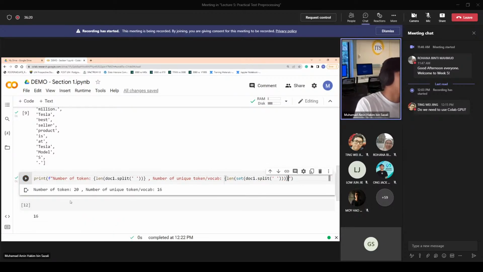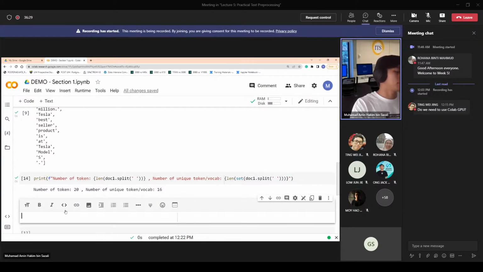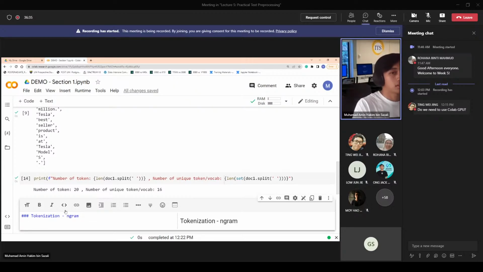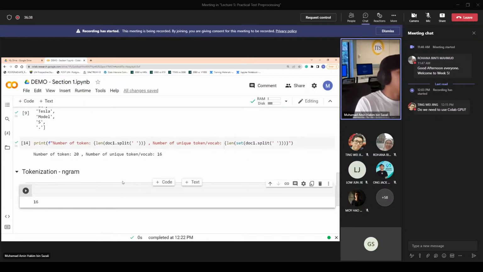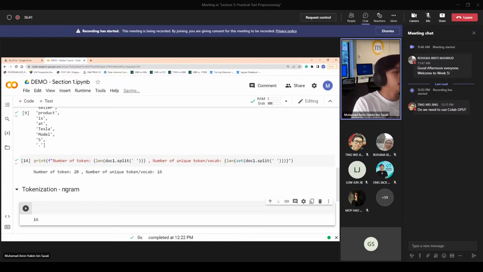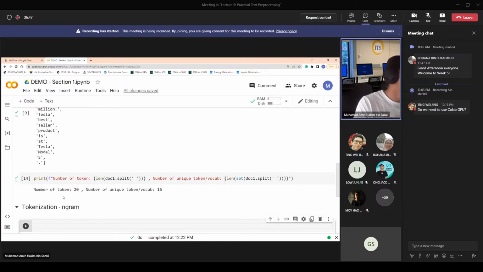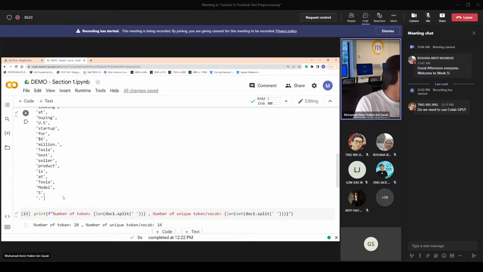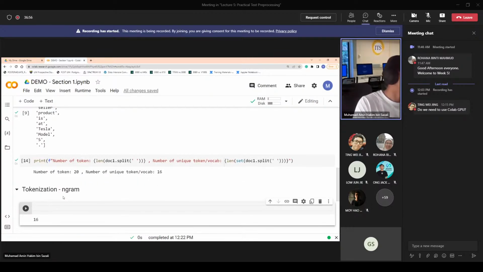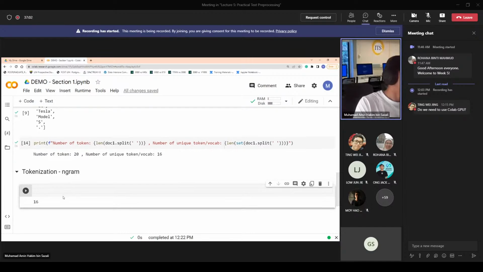Okay, so in other words, we have 20 tokens and 16 vocab. So we go to the second part of tokenization using n-gram. A bit about n-gram: n here means a repetitive number. N-gram by default stands for how many tokens we want in a pair. If we call it 2-gram or bigram, then we have 2 tokens in one pair. If we go for 3 tokens, then we have 3 tokens